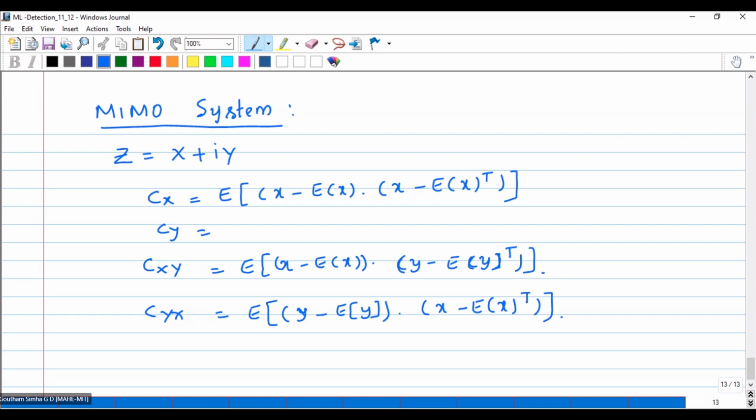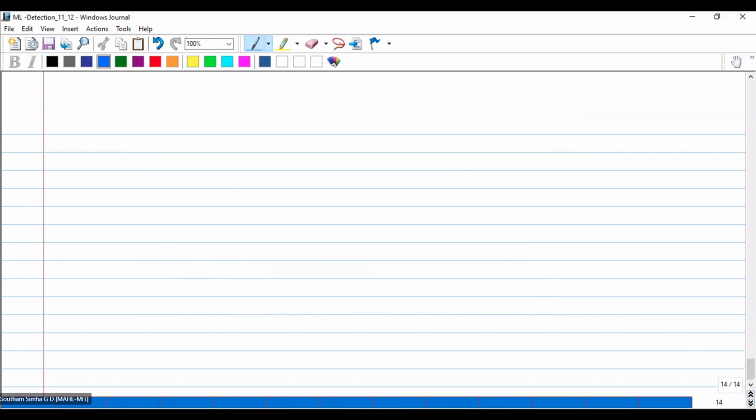Cxy is equal to C transpose Yx. So the vector correlation matrix Rx is defined as expectation of X into X transpose if it is real, X into X Hermitian if it is complex. Expectation of this. Why is it required? This is required because